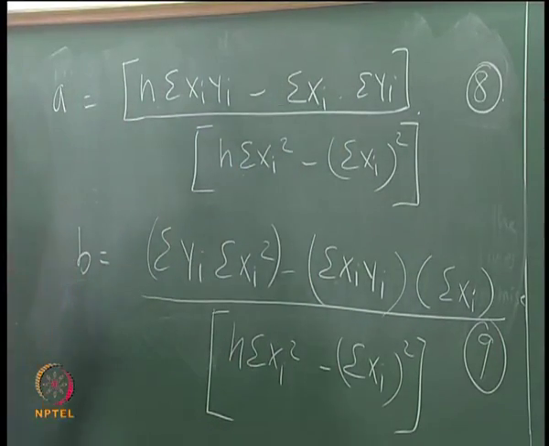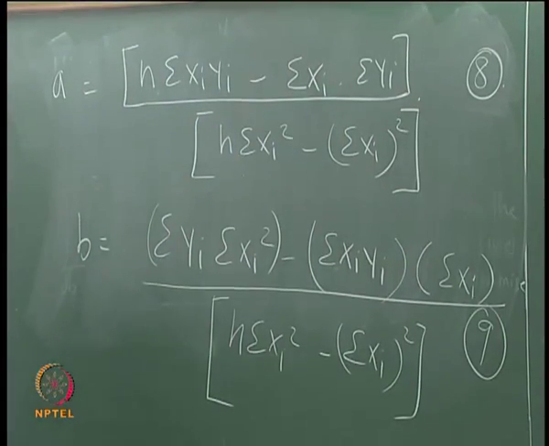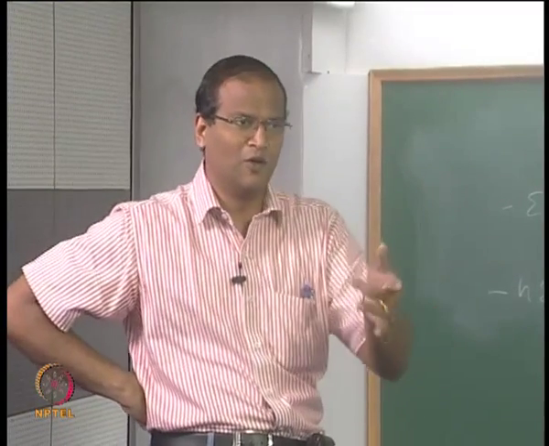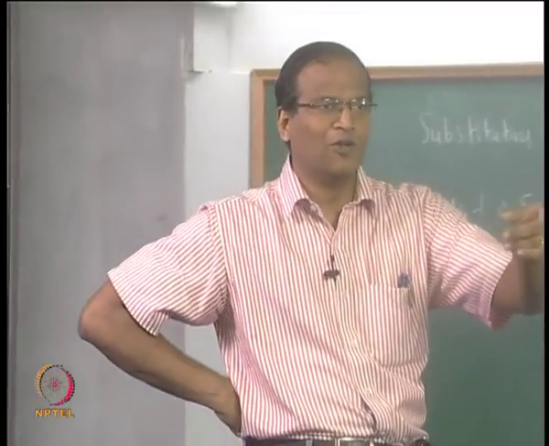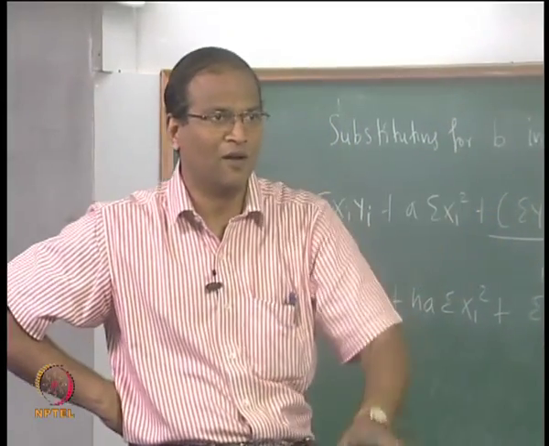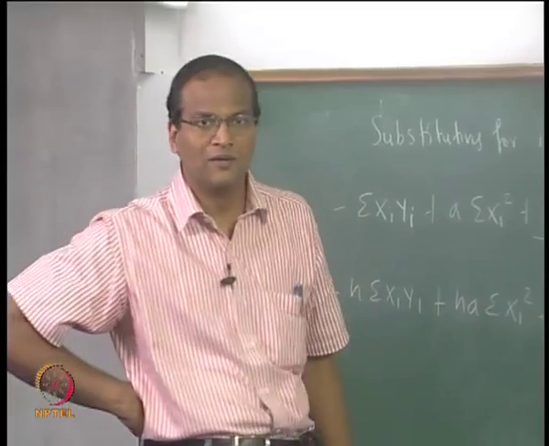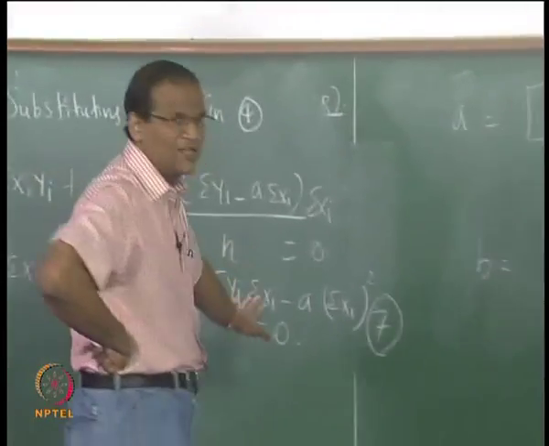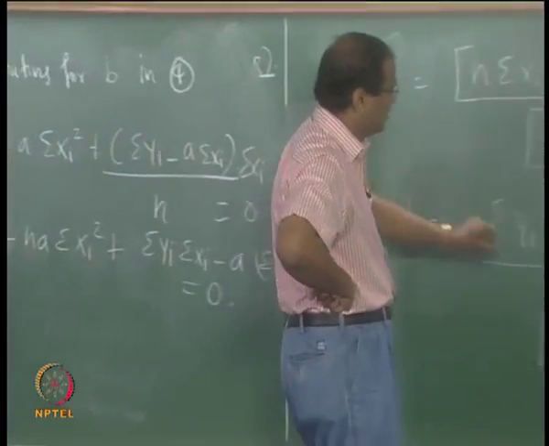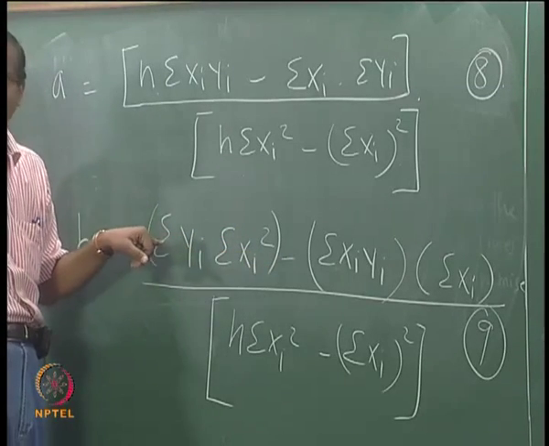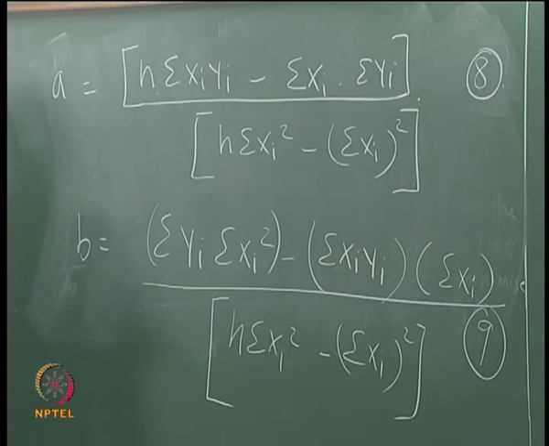Please try to do it yourself and don't copy directly from the board, because in the exam, in the quiz, you are going to use this. You will not have time to do dou S by dou E. You don't have time to check whether what you have done is right or not. If the formula you take is incorrect, there is a propagation of error. So please ensure that this formula is right. It is very tricky. You can miss a square, you can miss a minus sign, you can miss an n. So be careful about this.